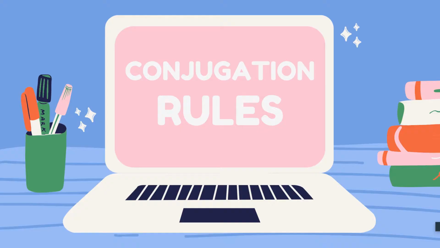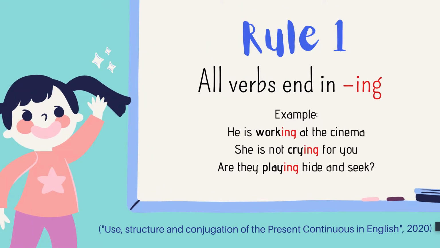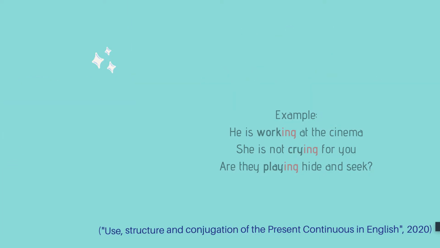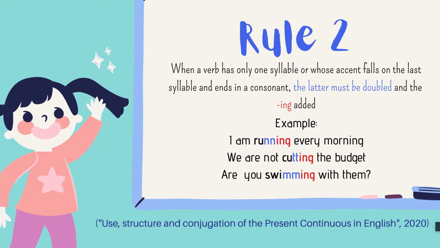In order to understand the ways in which the verb will change, we must know the rules of conjugation. As you can see, the dominant ending in this verb tense is ing. However, it is important to know the following rules for the formation of gerunds in some verbs. Rule number 1. All verbs end in ing. Rule number 2. When a verb has only one syllable or the accent falls on the last syllable